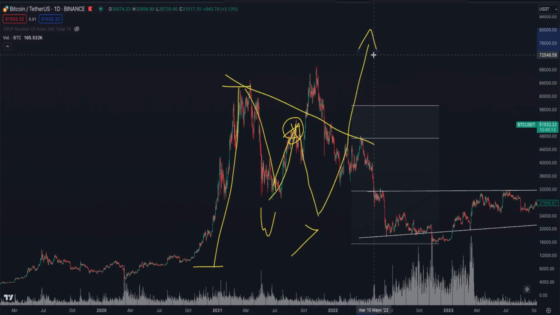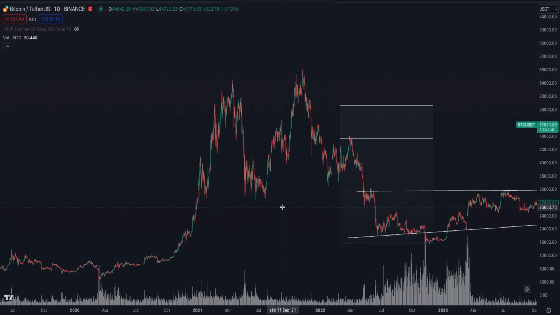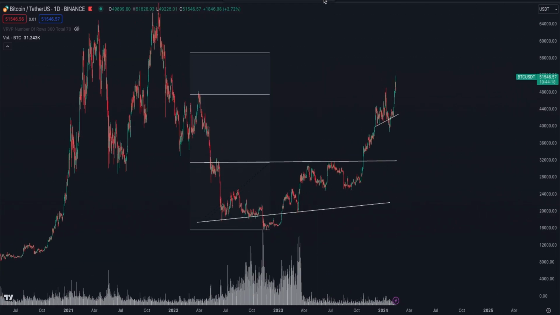This would be normal, but sometimes things don't happen as usual. And here we were surprised not to see that major correction, which would have been the most common, the most normal, and instead, it quickly went to the all-time high. But you know, what's important here is to know how to position oneself in time. That's why you also have it published in the YouTube videos how we considered ourselves long on Bitcoin from here, just as if we go to the present. Again, you will see in the YouTube videos, I invite you to look for it, that we were already long on Bitcoin for the long term around here.